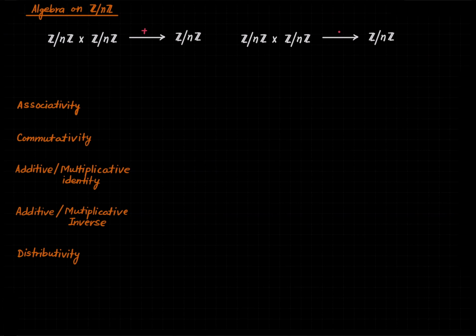So the algebra on Z mod nZ: we can define an addition function and a multiplication function on this. How is it defined? We map (a + nZ, b + nZ) to (a + b) + nZ. Now, one thing I should have mentioned in the previous slide: here this plus, even though it looks